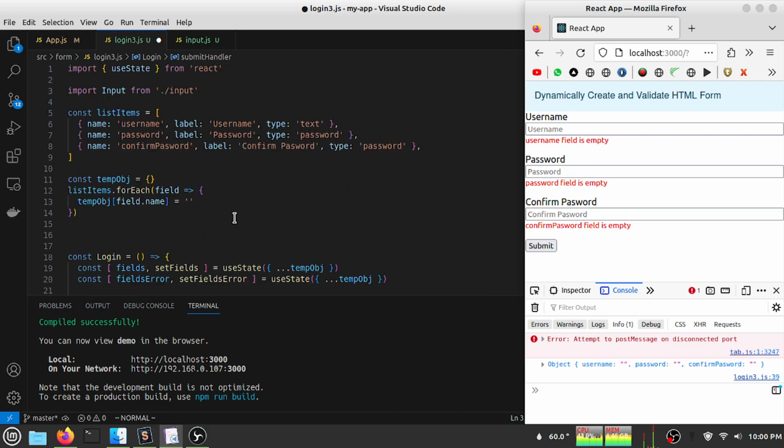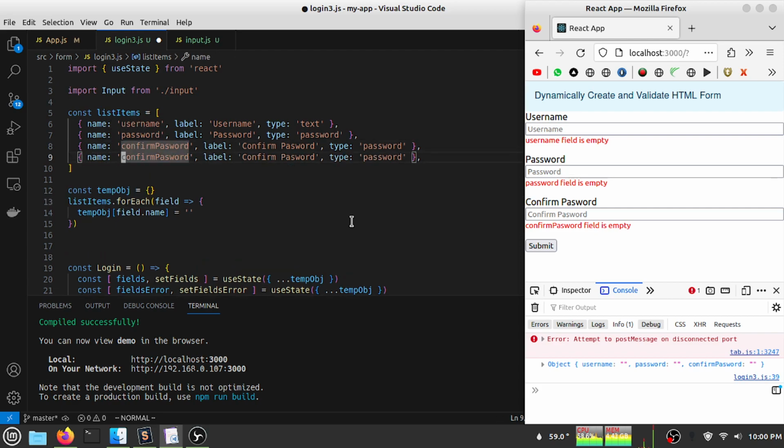Now my code is a lot simpler, but here I pass a hard-coded value, an empty string. Suppose instead of username I have another value, age, and we know that the age value will be a number. So if I pass number,